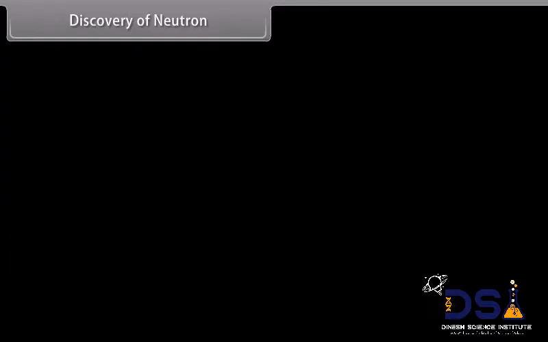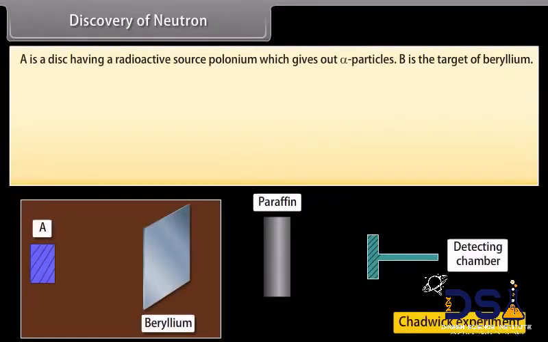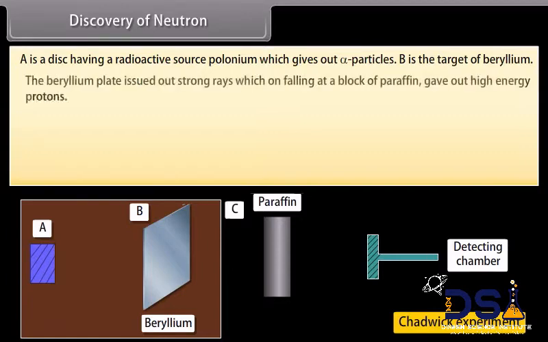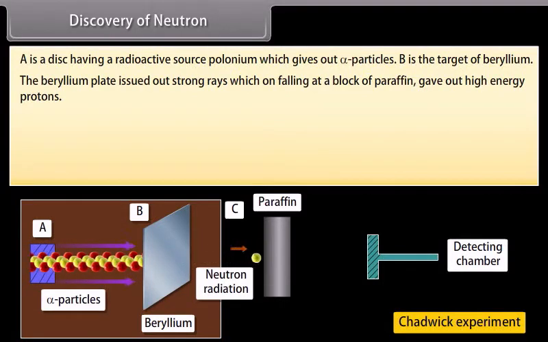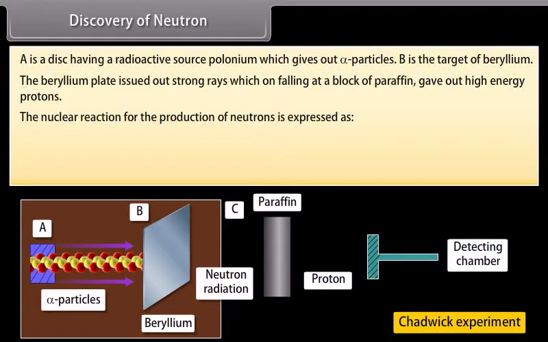Discovery of neutron. A is a disk having a radioactive source, polonium, which gives out alpha particles. B is the target of beryllium. Both A and B are placed in an evacuated chamber C. The beryllium plate issues strong rays, which on falling on a block of paraffin gave out high-energy protons. The nuclear reaction for the production of neutrons is expressed as